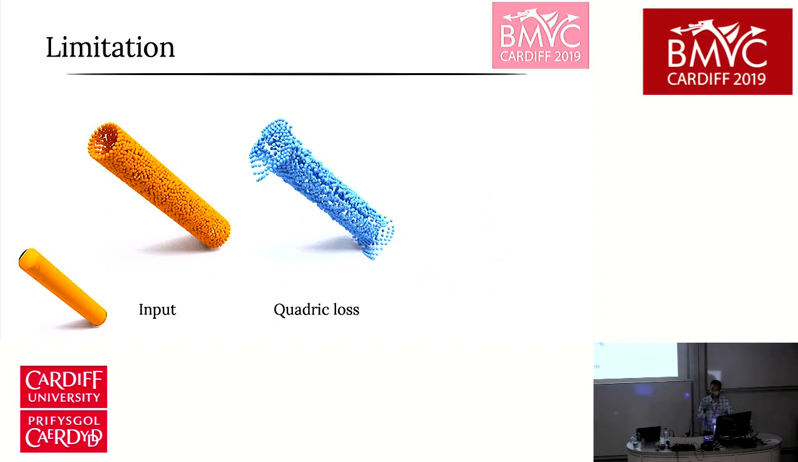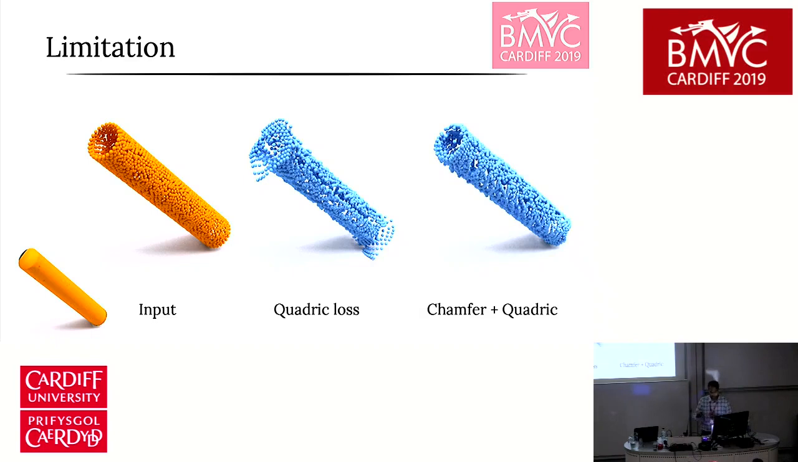Now, one of the limitations of quadric loss is that as it's an ellipsoidal loss, it cannot preserve the input point distribution, meaning that the reconstructed points on planar regions can lie outside the shape. And as you can see here, the points on the top and bottom of the cylinder are on the plane, but they're outside the shape. This can be easily corrected by adding L2 spherical losses, such as chamfers or L2,